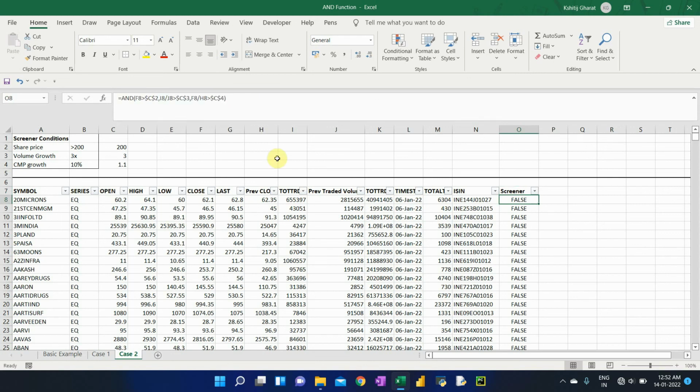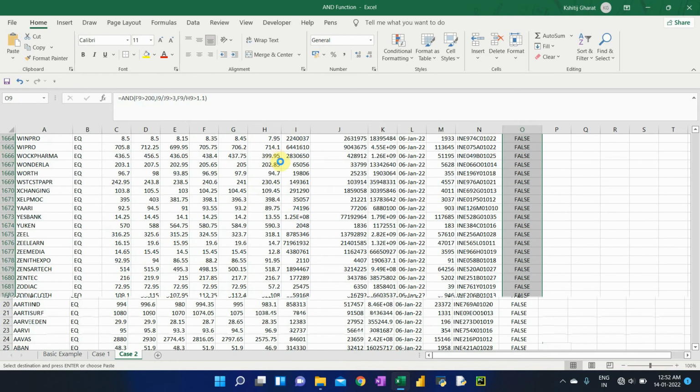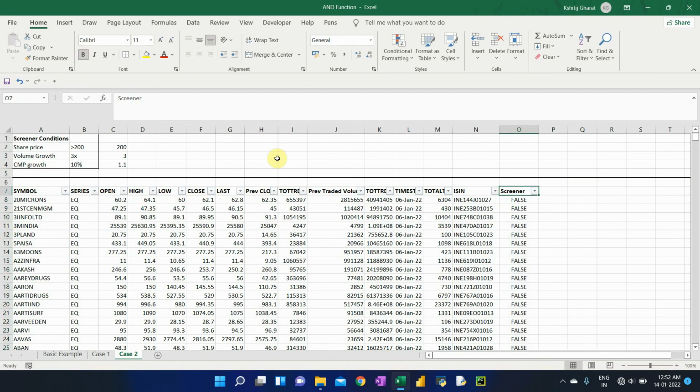So I'll just copy this formula and paste it across the data, and the output would remain the same. But how this is useful is that now you decide that you have 47 scripts as shortlist, but 47 is still too much. So you go and decide to change the filter. You say now the share price should be more than 500.